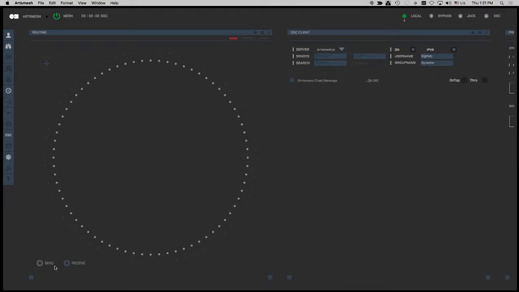Okay, audio routing tab. I'm not going to turn on the audio right now. I'm going to leave that for a future tutorial. I want to show you the, let's go to the